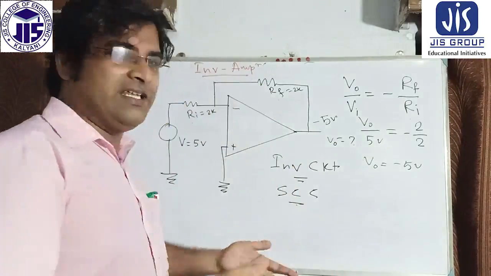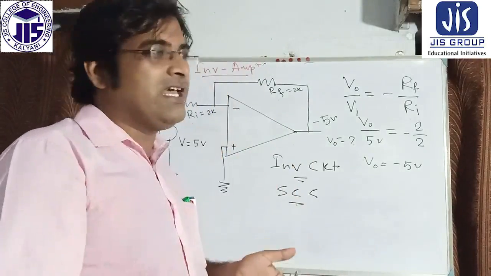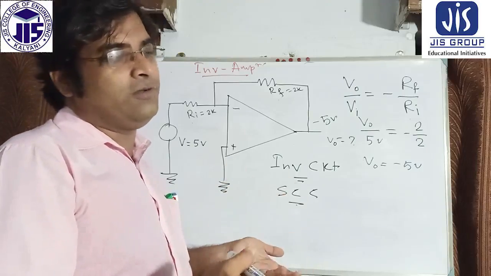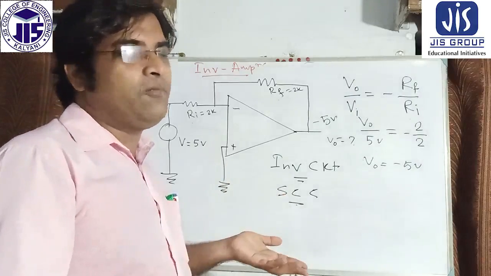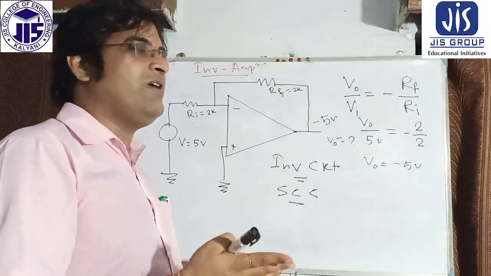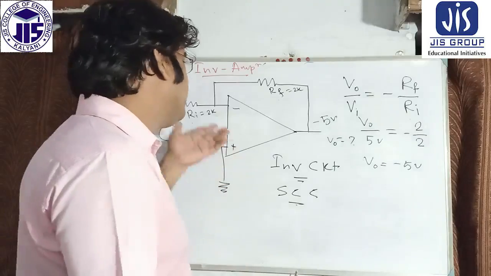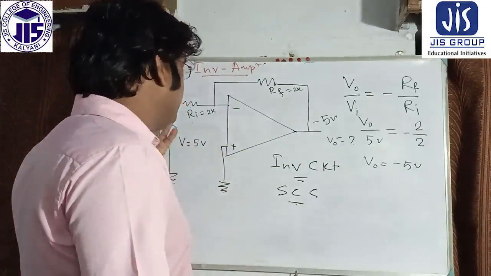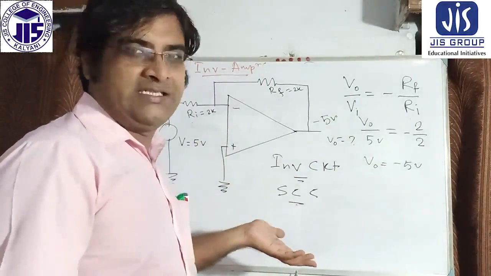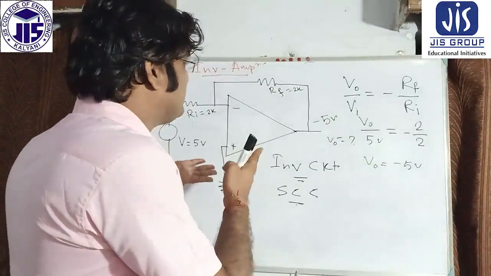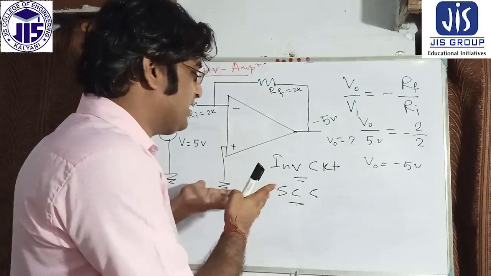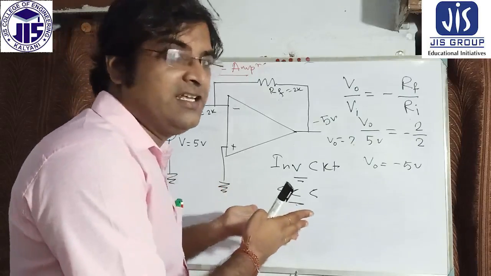Just imagine that suppose there is some voltage in your lab, that is 12 or 5 volt, and you have no possible way to change the voltage from 5 volt to minus 5 volt. At that time you can use this particular circuit and change the 5 volt to minus 5 volt. It's a hobby electronics thing. So for that reason I am representing the inverting amplifier's other application, that is the inverter circuit and sign changer circuit. Thank you very much.